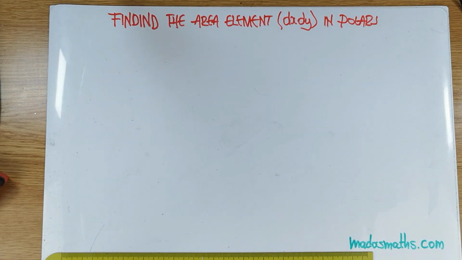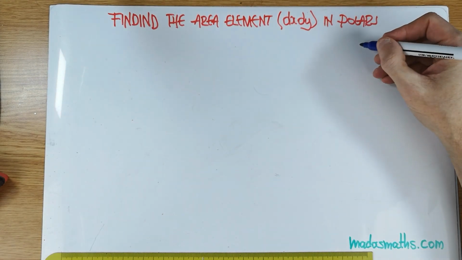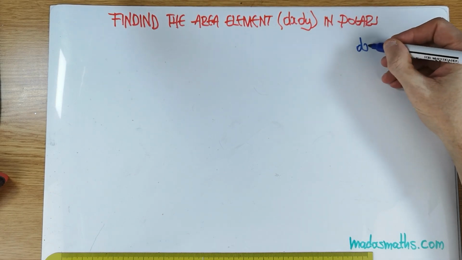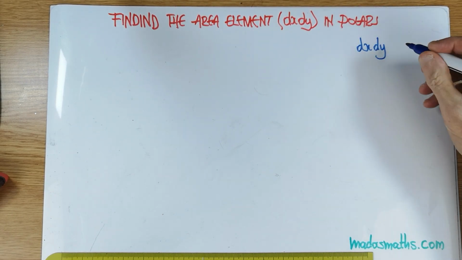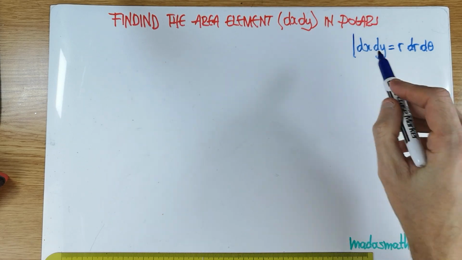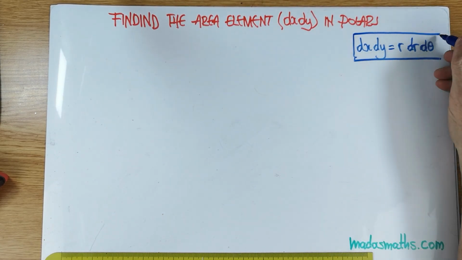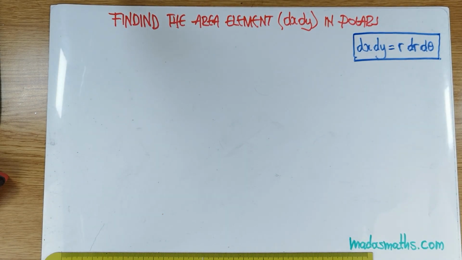Hello and welcome back. Today we'll be finding the area element, in other words, dx dy or dy dx, if you prefer, in Cartesian, in polars. Those who are doing a lot of work with that, it is actually a very important fact, which unless you're being asked to prove, then you can use it without any further proofs or anything else. So this is what we're trying to prove, basically, that dx dy is r dr